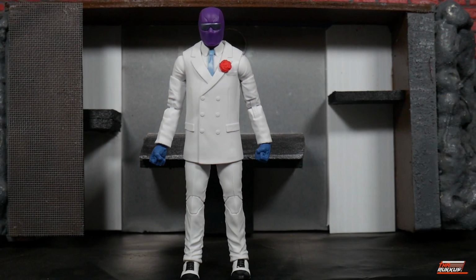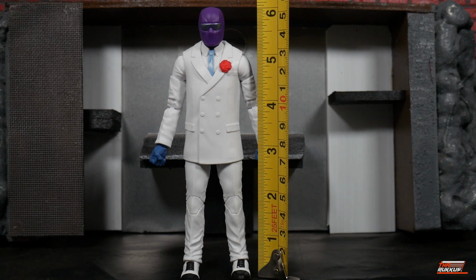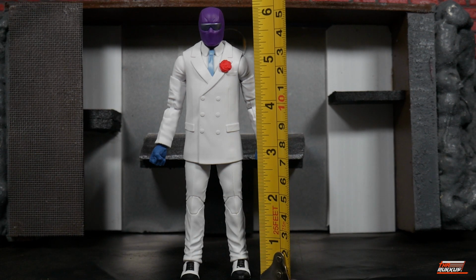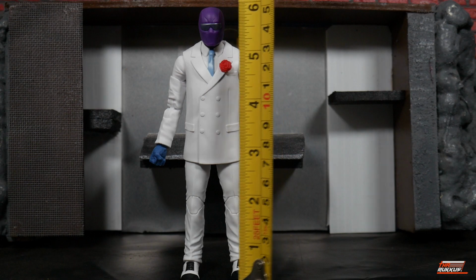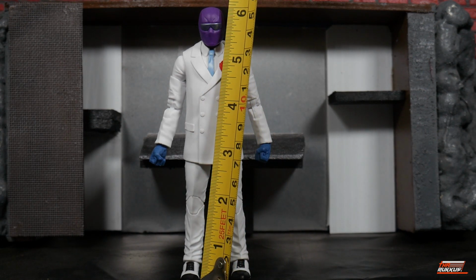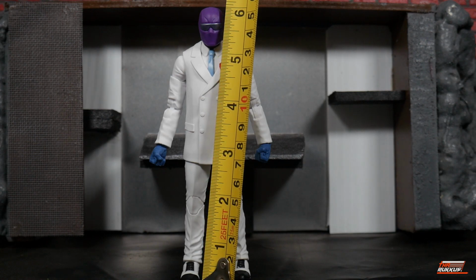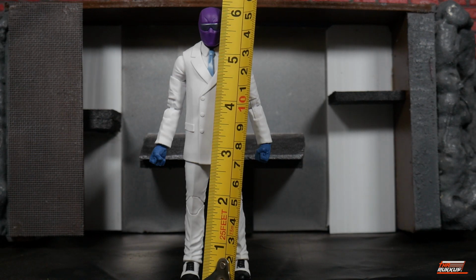We'll take a measurement real quick of his height to finish off this wave. I was pretty consistent. I've taken the height of every figure. That's unheard of for Ruckus. Clowning myself. Got to have some fun with it, right? Anyway, the Rose is coming in at about